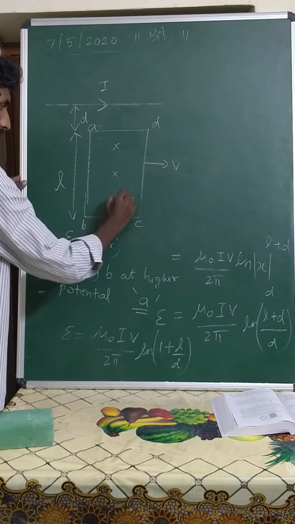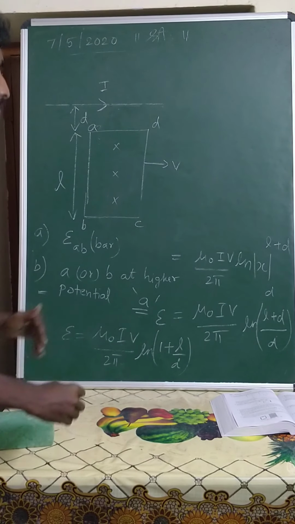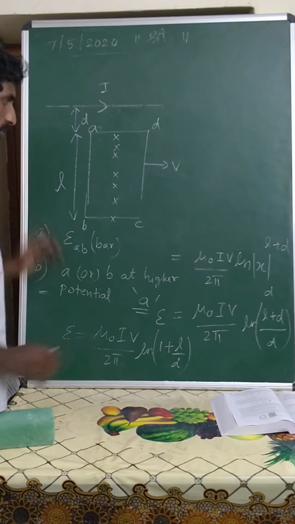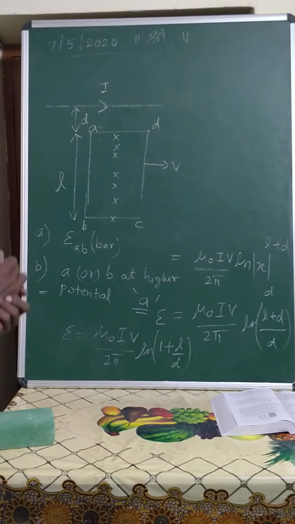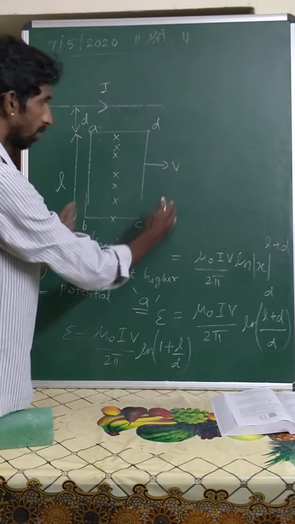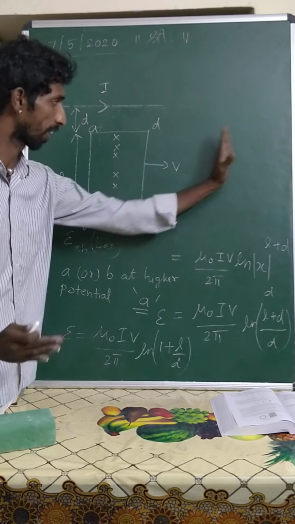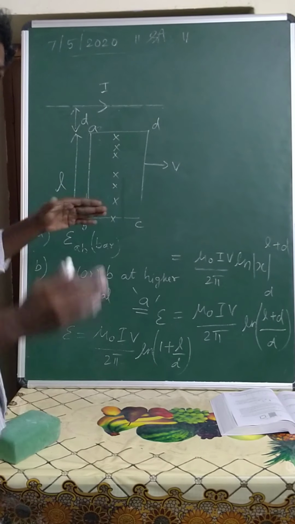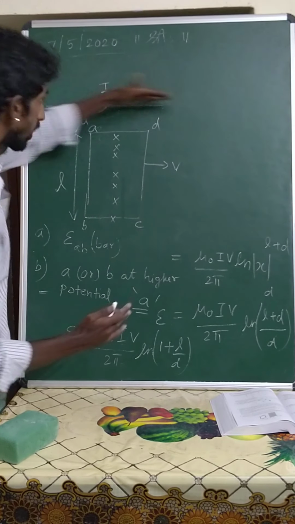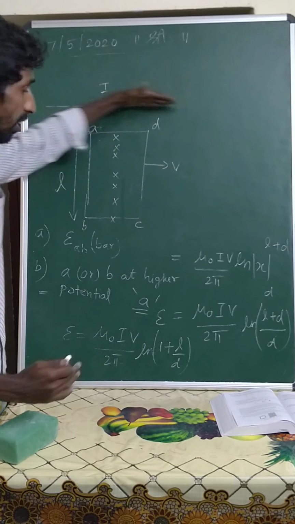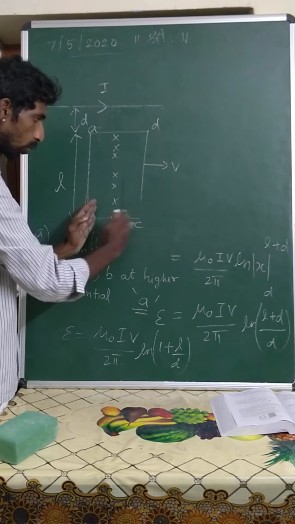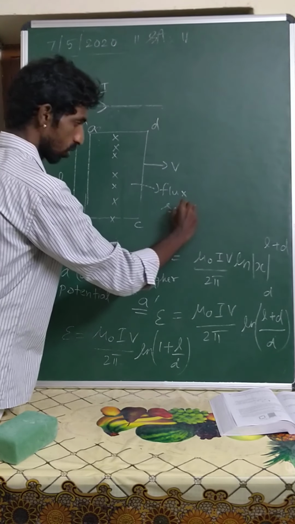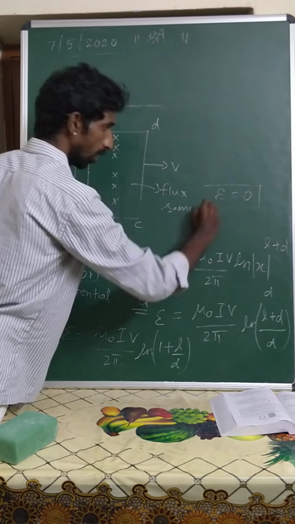The field will be decreasing as you move away from the conductor. So more field, less field. So I can increase the density here, and decrease the density here. If I move the loop away from the wire, the amount of flux linking with this loop will decrease. But if I move along the direction of the wire, not perpendicular to it, along the current direction, the amount of field lines enclosed by this loop will remain the same. The flux remains same, so the change in flux will be 0. So the EMF induced in the loop will be 0.